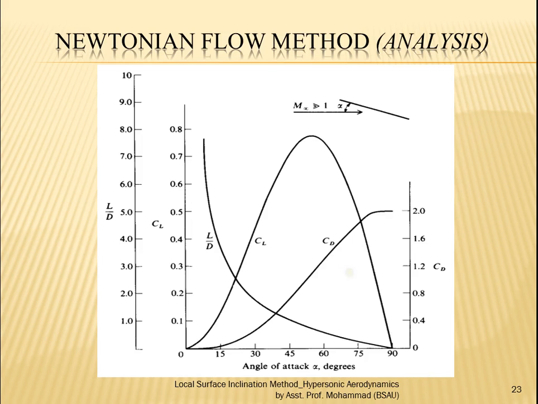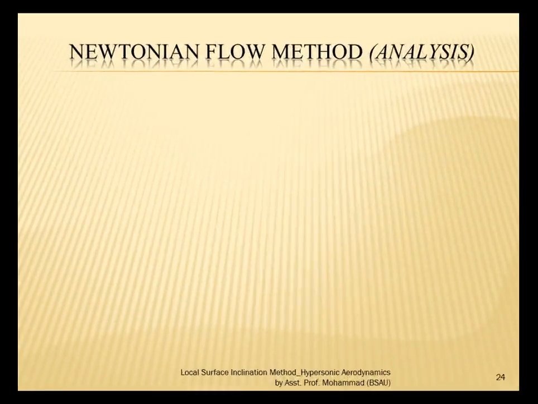This trend is visible. Let us discuss the trend. What should the students observe? There are three plots: Cl, Cd, and L by D. Basically, there are three salient features we must remember whenever we see this graph, for an infinitely long span flat plate. The salient features are,